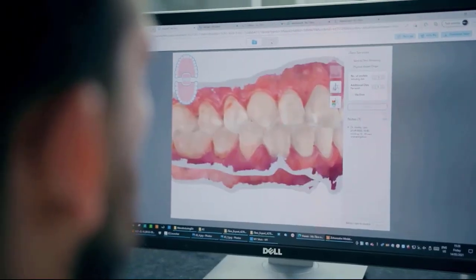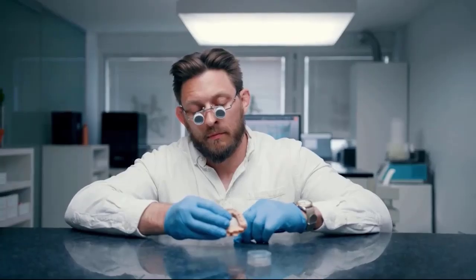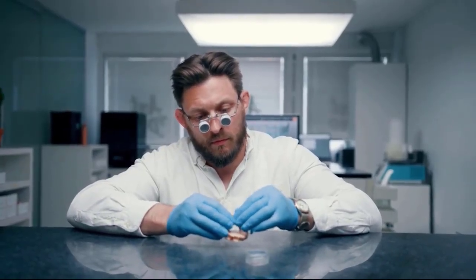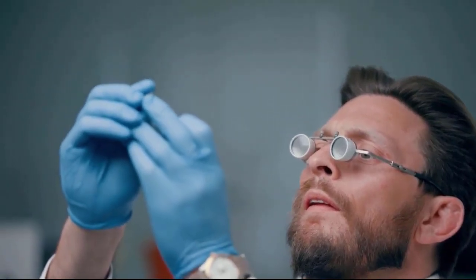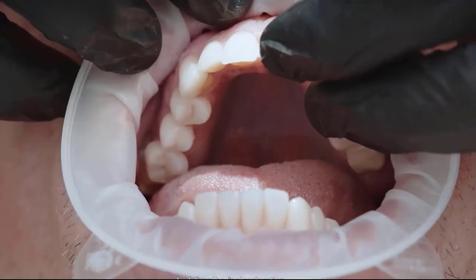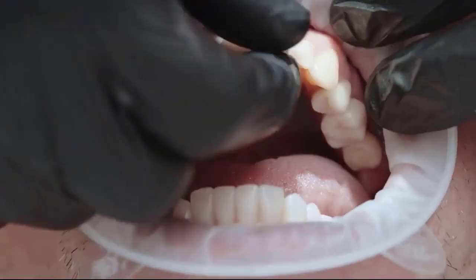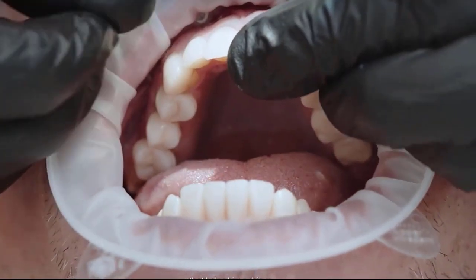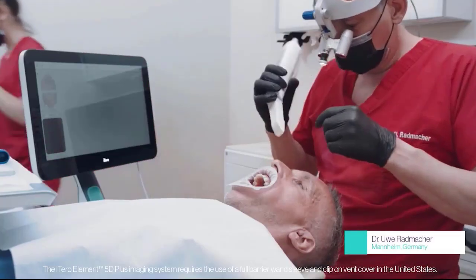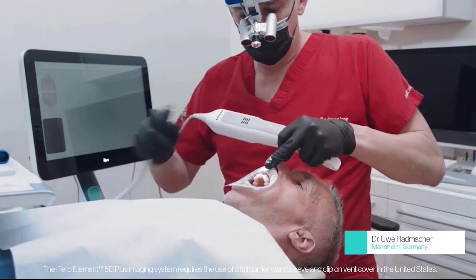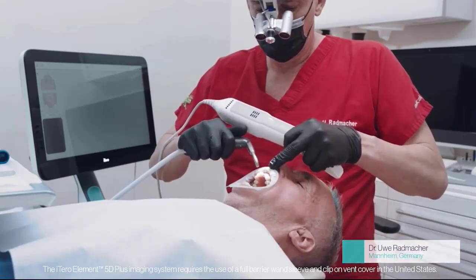To summarize, the Margin Line tool streamlines communication between the doctor and the lab, making sure that the position of the margin line is accurate and precise for the best fitting restoration. The margin line is created automatically for crown and bridge cases and can also be adjusted or drawn manually. This ensures that the restoration is accurately created and prevents rescanning and potential remakes.